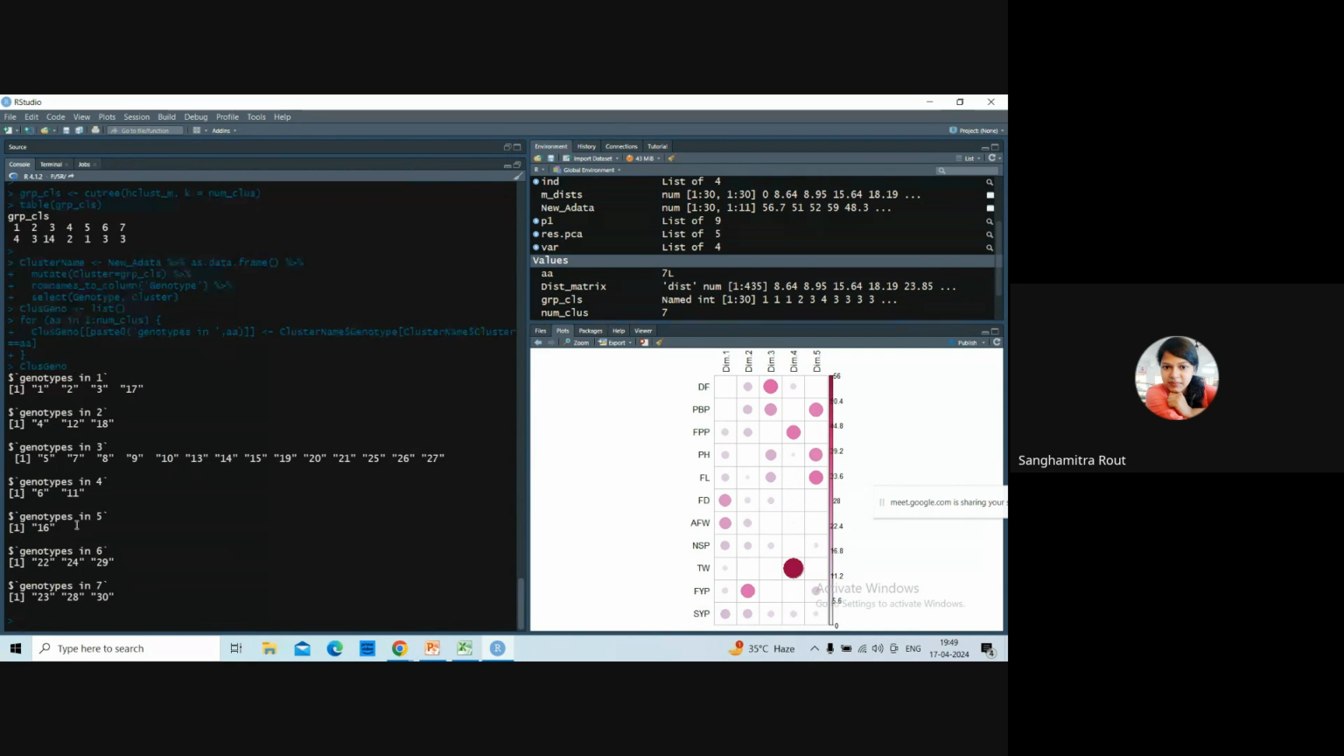So what I can say is these two genotypes are distantly different from each other. They are diverse. They are not having any close genotypes. They are different from each other. They are diverse from each other. So if I take these two genotypes and go for crossing, like 1 crossed with 16, I may get a